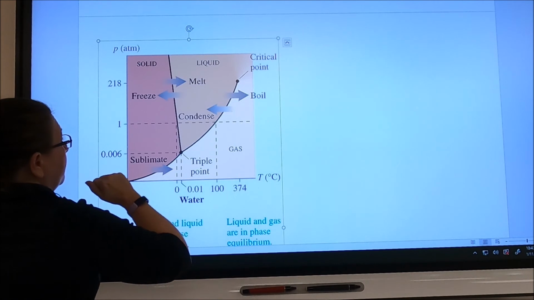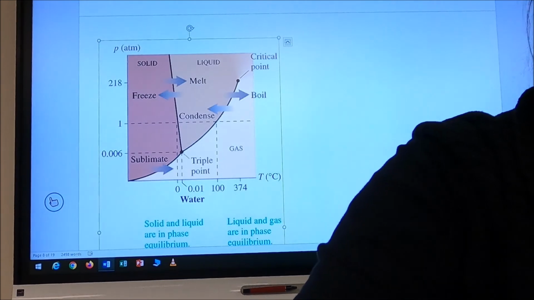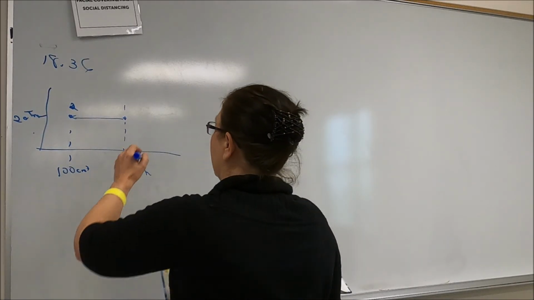that the solid-liquid equilibrium line keeps